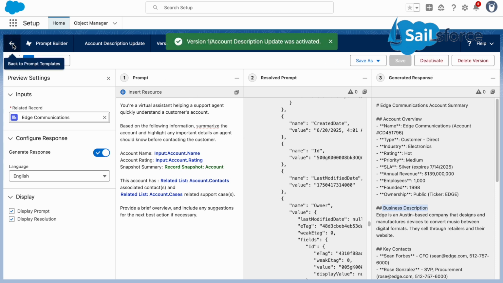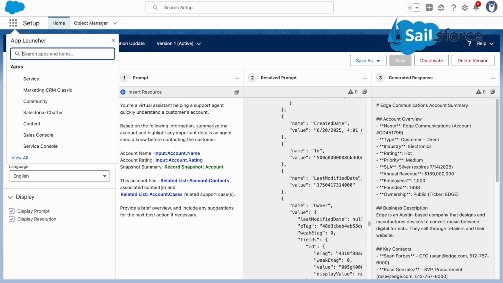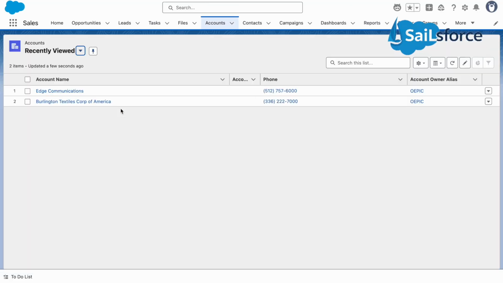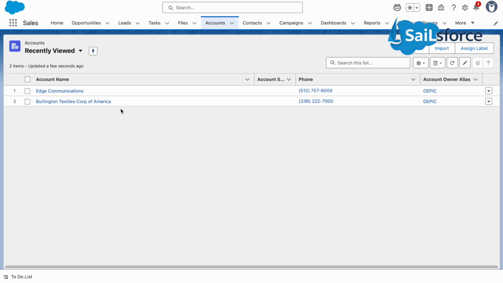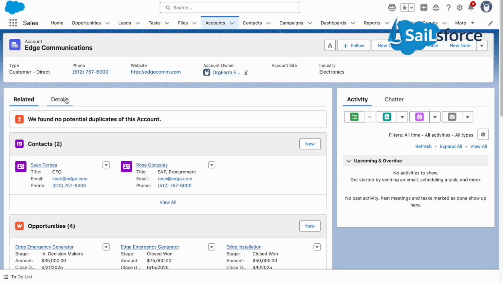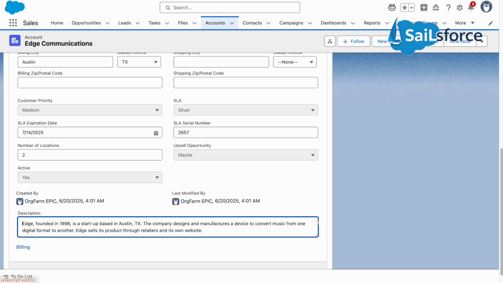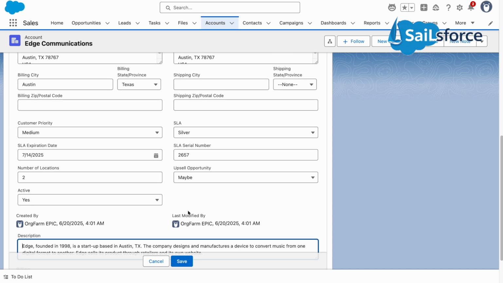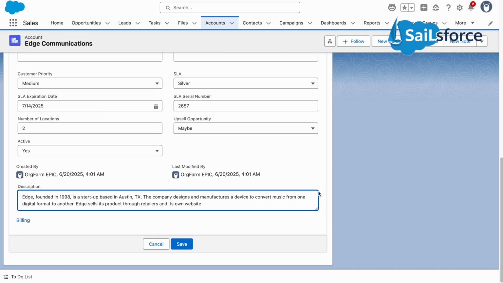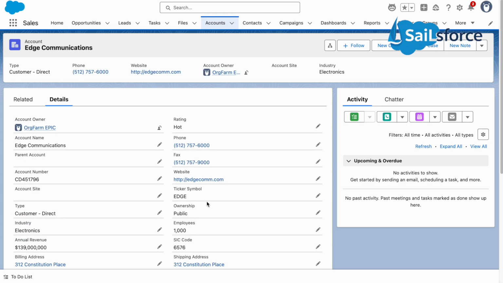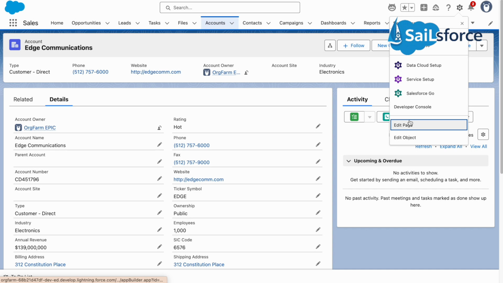Once activated, you go to Account. Now we have activated the prompt template, but we need to utilize that prompt template for the account record page. It's displaying some information here, but it will not have any generative AI capabilities. So we need to change this description using the generative AI capabilities. For that, we need to update the description and assign that prompt template to this description field. How can we do that? Go to Setup and click on Edit Page,